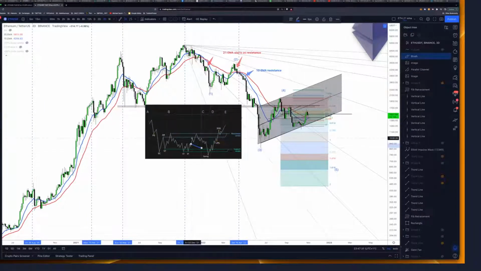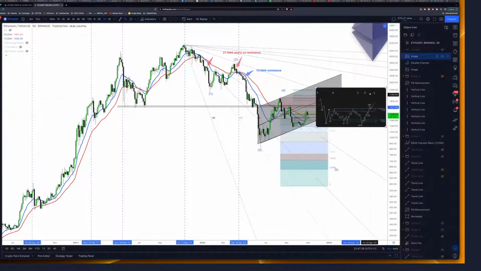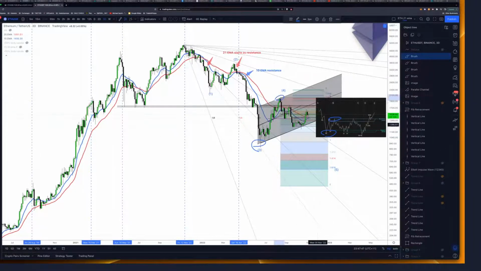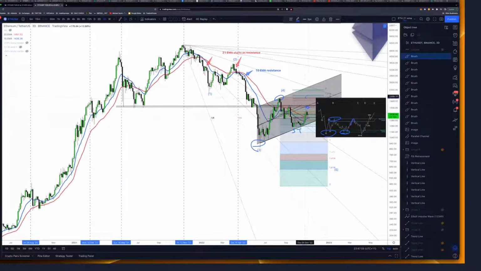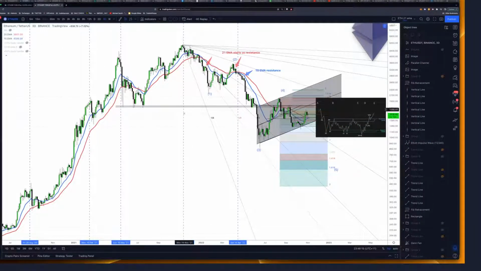So I'm thinking maybe this is what it's going to do along these lines, give or take, some version of this. So we've done this, I think, selling climax, and we've done this up to there. We've come down here, a secondary test. So we might just come up here again, or even here, and then come back down. And that's where I'm thinking if it comes back down, it might come back down there and then back up. It's just a theory at the moment, but the theory pretty much says